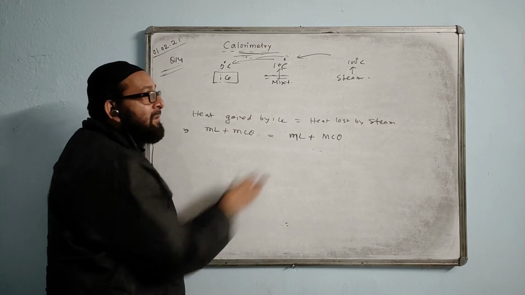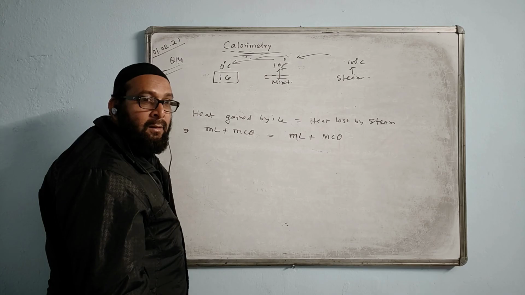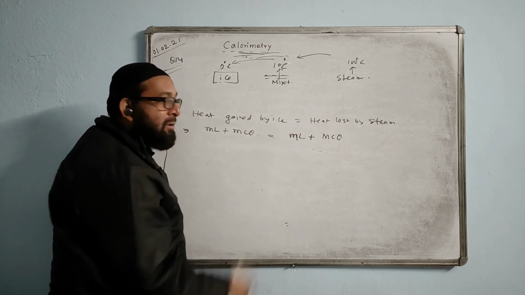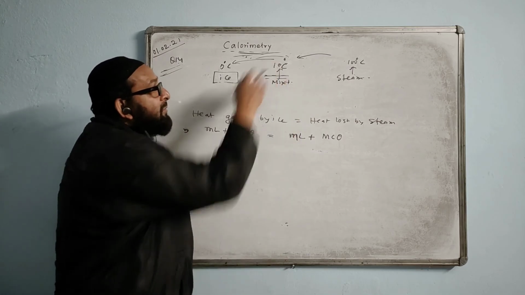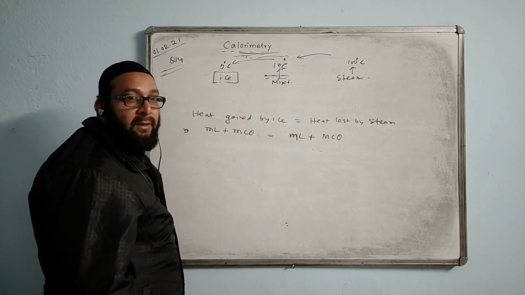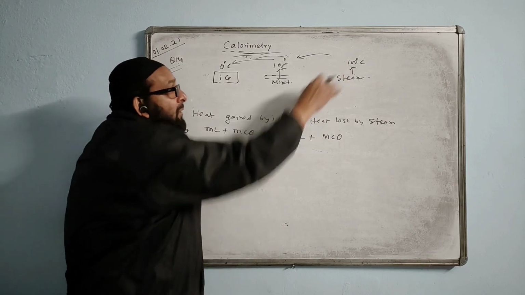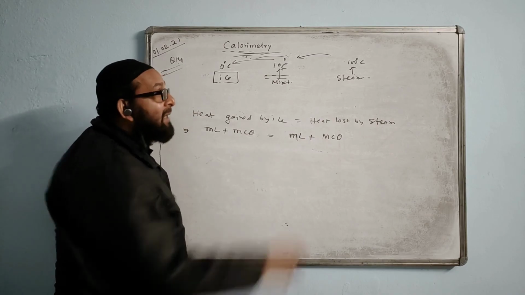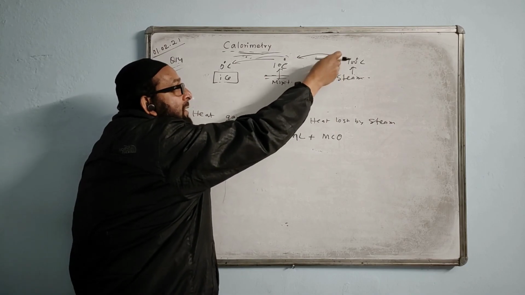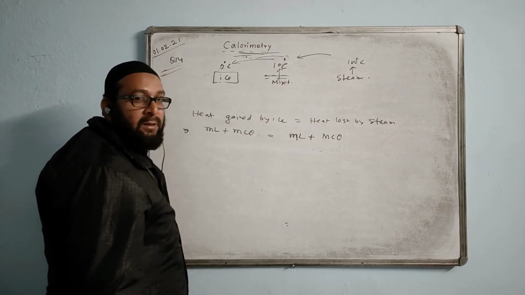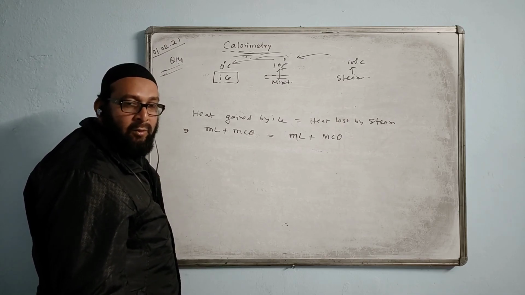Why? This is steam. Steam you will not change first into water? Then why are you saying like that? You are not changing the steam from 100 degrees Celsius to steam of 10 degrees. This will be water, but steam cannot be at 10 degrees Celsius. So first you have to change this into water, that is mL. And at that time the temperature of the water will be the same, 100 only. Now the temperature of the water has to decrease from 100 to 10. Then mc theta. Try to understand the logic behind it. Okay.